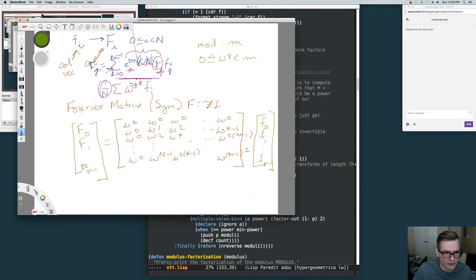And if we look at just one of these products, let's look at what F is. Again, as evident from the sum, what this is going to be is this. Let me use a different color now because I'm starting to mix them. It's going to be omega 0 times f0, omega 0 times f1, and so on, and that's going to be the first one. We get that sum. So for our first element, we're adding together how many elements of this field? There's going to be a total of n, because the width of this matrix is n. So we know that our first element, F0, if all elements are